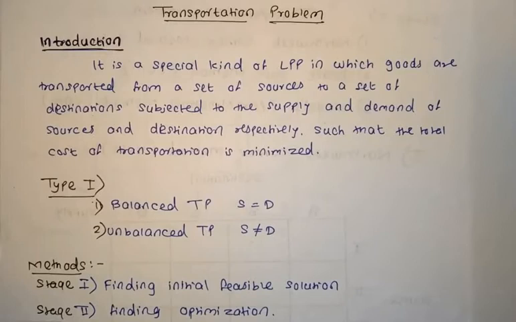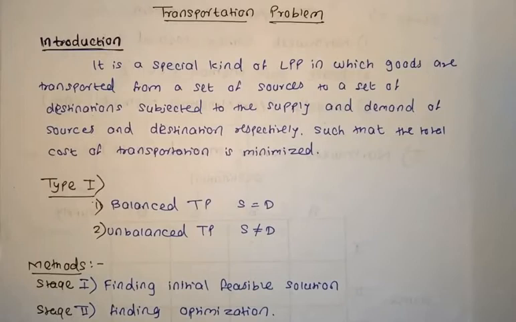An unbalanced transportation problem is converted into a balanced one by adding a dummy row, that is a source, or a dummy column, that is a destination, whichever is necessary. The unit transportation costs of the dummy row or dummy column are assigned 0. Then the problem is solved by the usual procedure.